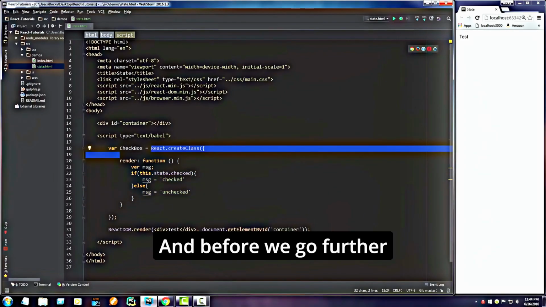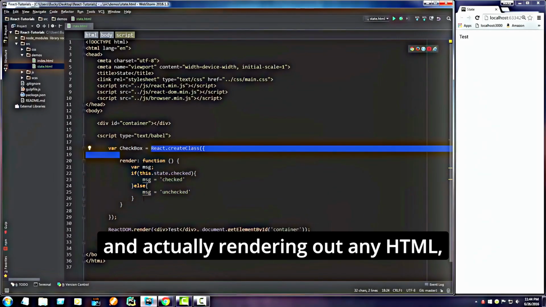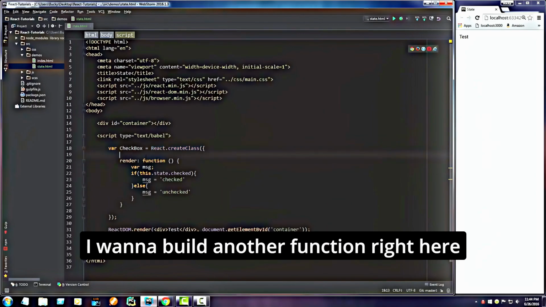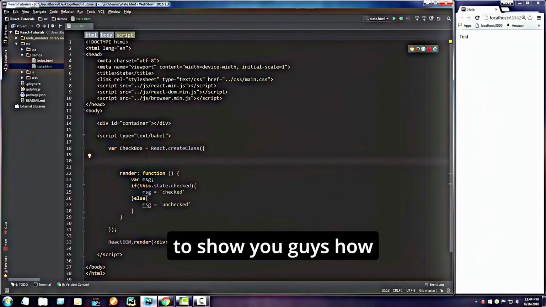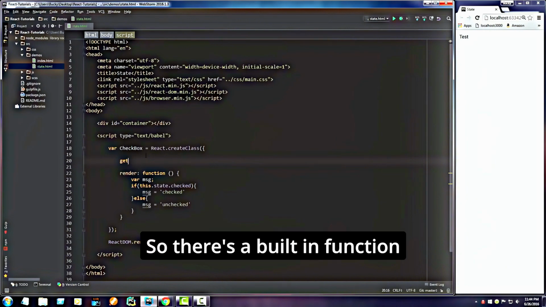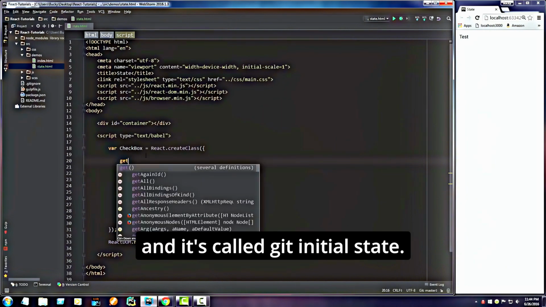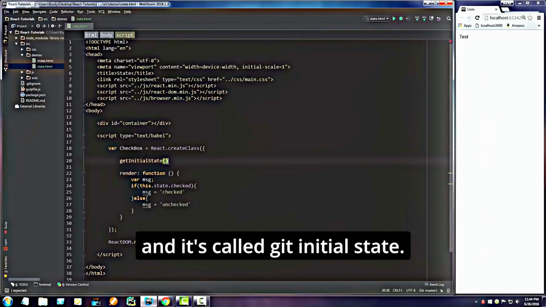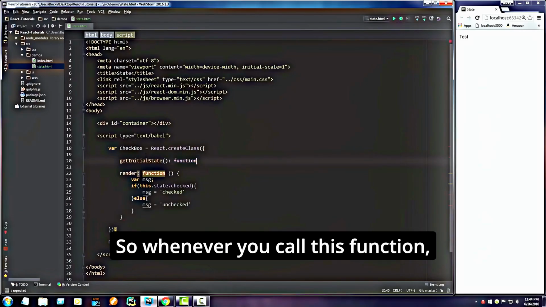Before we go further in creating this component and actually rendering out any HTML, I want to build another function right here to show you guys how to set the initial value of your state. There's a built-in function, and it's called getInitialState. So whenever you call this function,